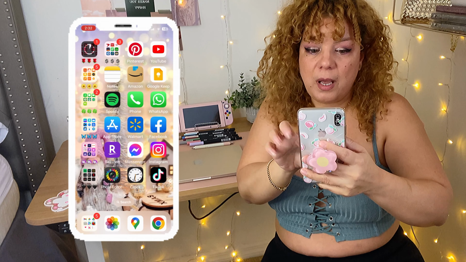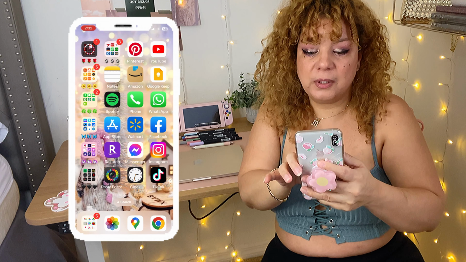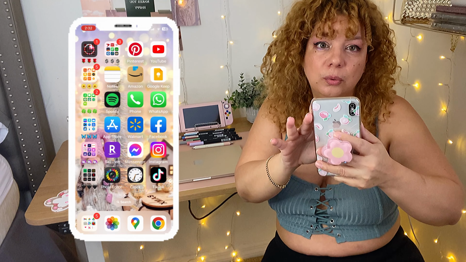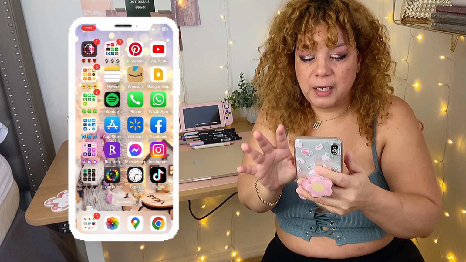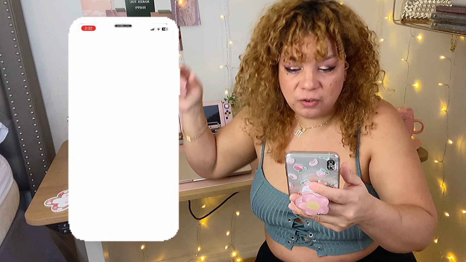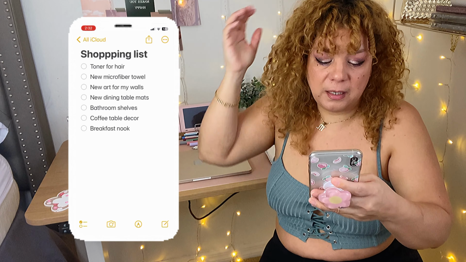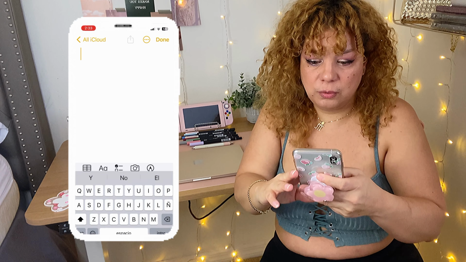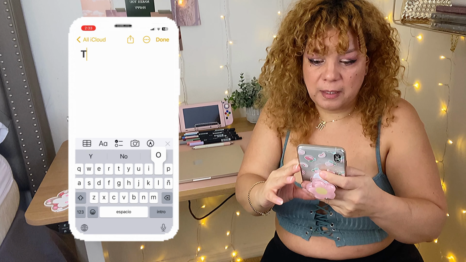Then the next one is like the orange and the yellow apps. The most I use there is Notes, Amazon, and Google Keep. Like this is my shopping list. Notes is just really easy to add a list. If you need to add a to-do list,